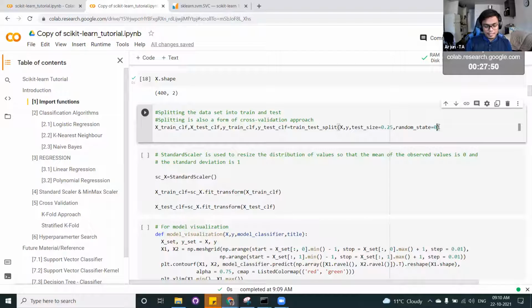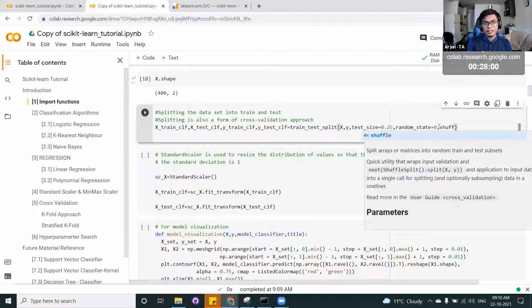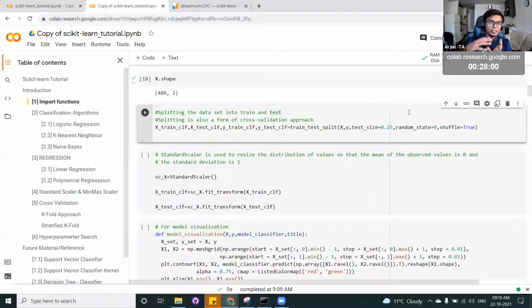And there is another interesting parameter called shuffle equal to true. What it does is, let's say you have 400 records, it shuffles everything, and then takes 75% for training and another 25% for testing. You can see why shuffle is sometimes helpful, because the models we are mostly building are based upon IID, that is, identical and independent of each other. So even if you shuffle, you should not see any correlation.